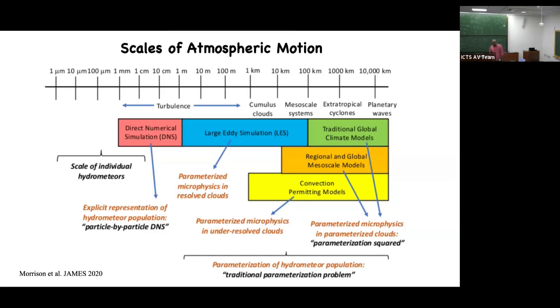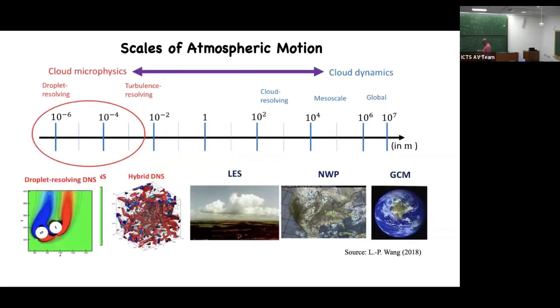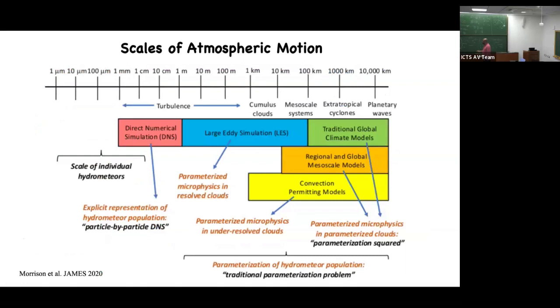People put a box between the blue and the green, right? Like cloud resolved models. Yes, between LES and climate models, you can have models which try to resolve clouds, and I'll show some simulations which people have done where clouds are resolved. And again, when you want to ask this question,